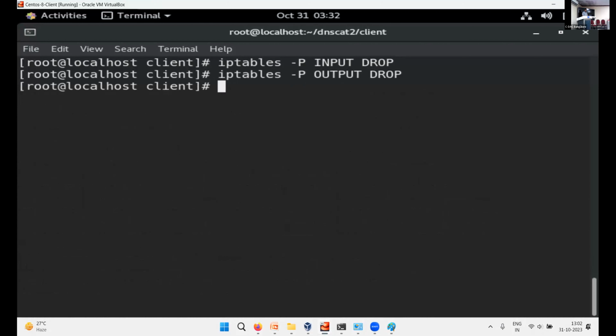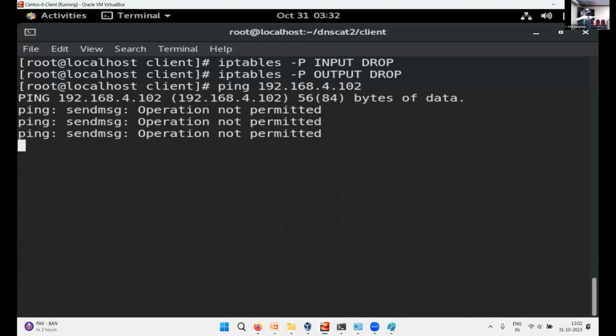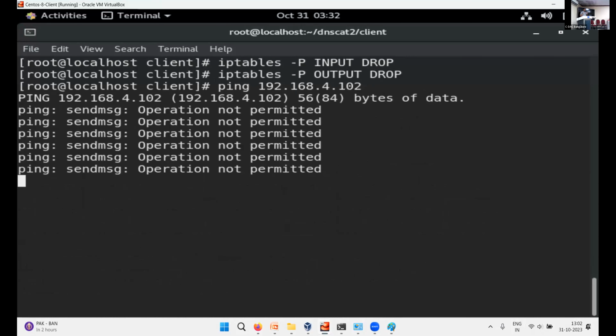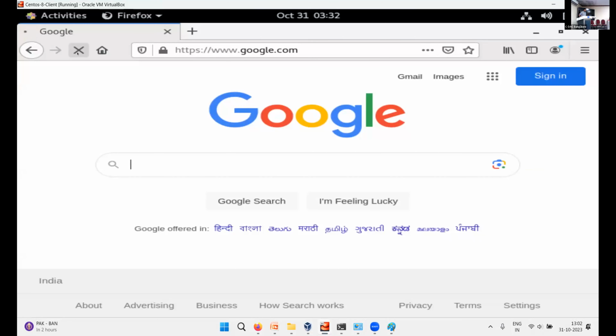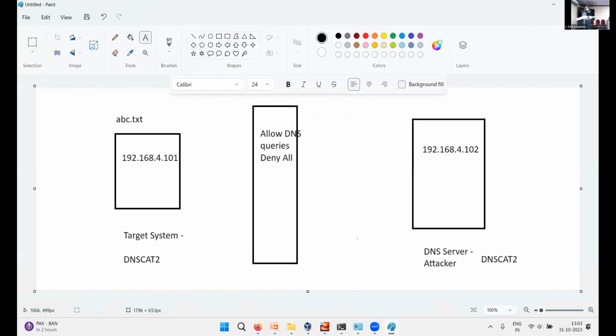If I am dropping it, will it allow me to ping that IP address? No. You see that ping is denied, which means the firewall is active. Same thing if I try to browse, I will not be able to browse now. Why? Because my firewall is dropping all the packets, outgoing and incoming. See, it is not going, it's just rotating, trying to connect to the Google website. So now this client is on the safer side, and this is what is there in our BSF. Suppose let us take the example of BSF.